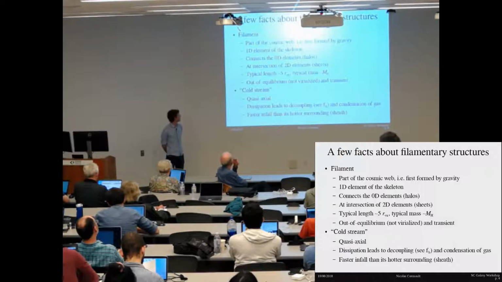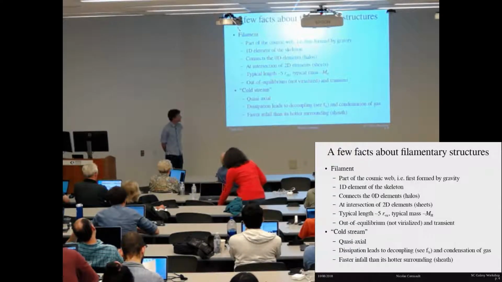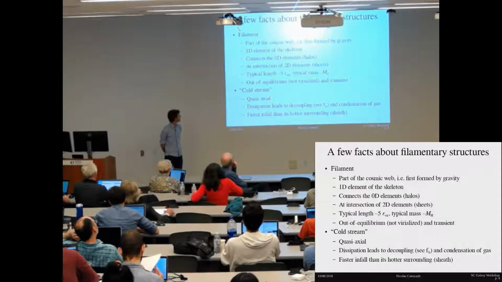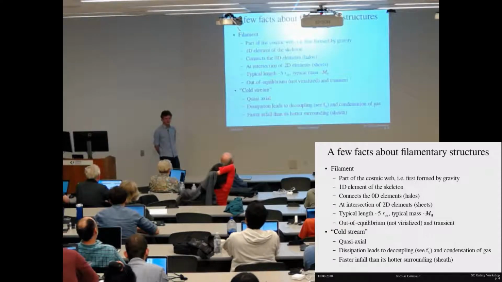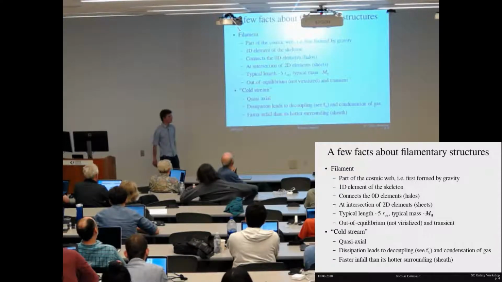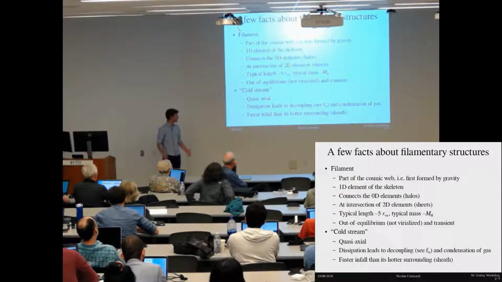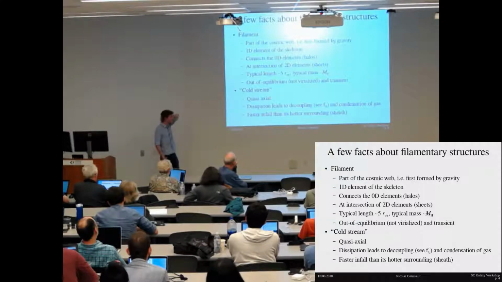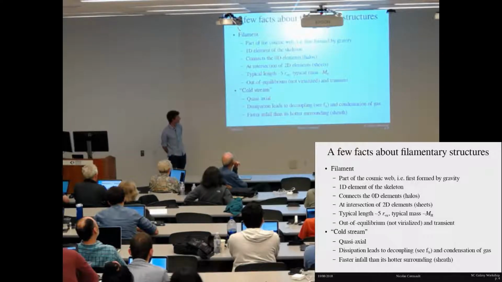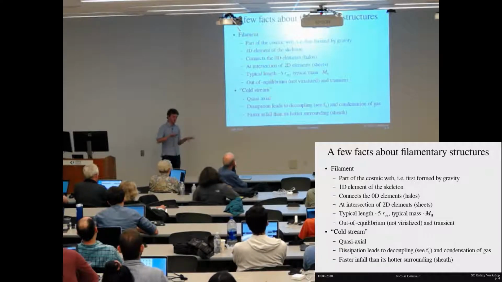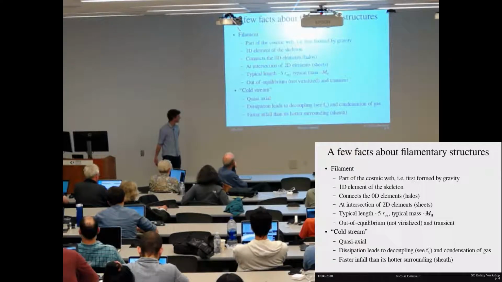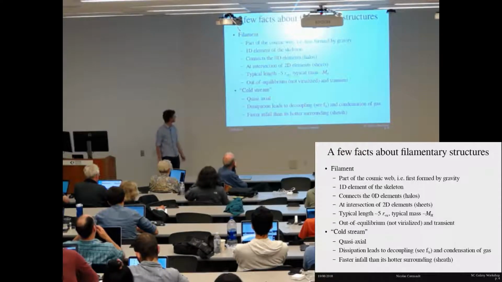So as I said, they are part of the cosmic web. They are the one-dimension elements, as we could think of, if the halos are the zero-dimension elements. They are, in fact, at the intersection of 2D elements that are sheets that themselves separate voids, the 3D elements. The typical length, say at redshift 2, of an IGF is 5 times the virial radius of a typical halo connected to it, and has in total almost the same mass as the halos at the two ends. They are always out of equilibrium. They are not virialized,